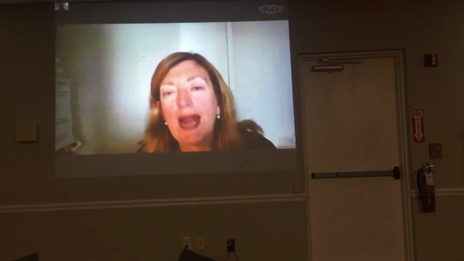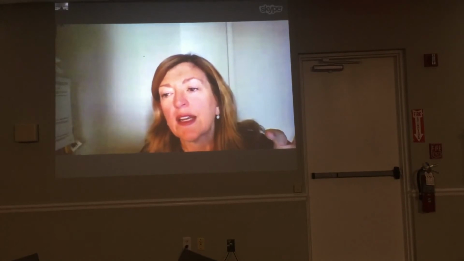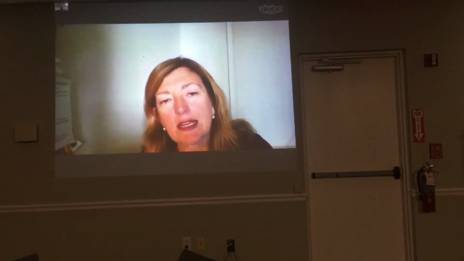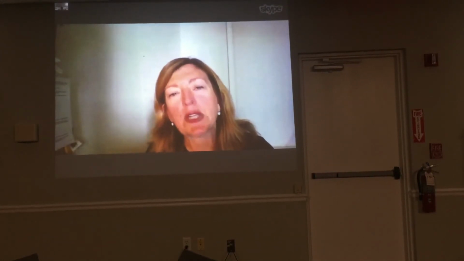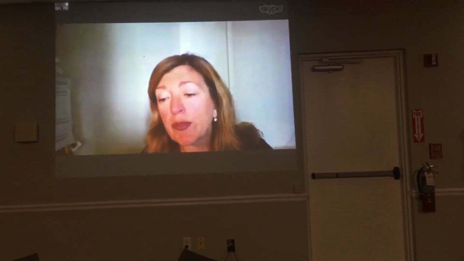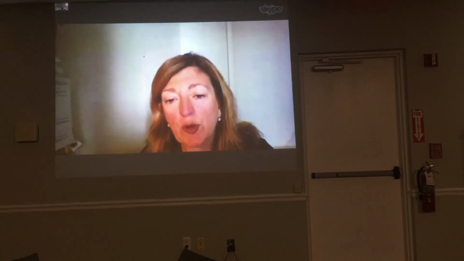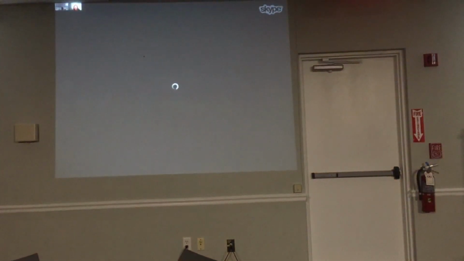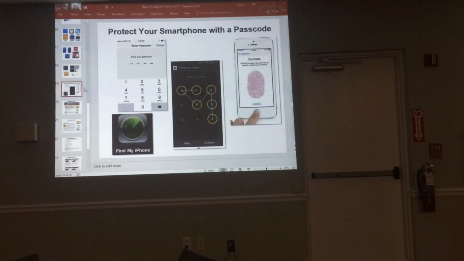So those 4 apps are just to illustrate that there are so many different things available that you might not think of as particularly beneficial, but they're out there for you to use, and they're really fun. One more thing I want to talk about, as far as using apps and using your phone, I'm going to screen share again, is the safety of your smartphone or your tablet.